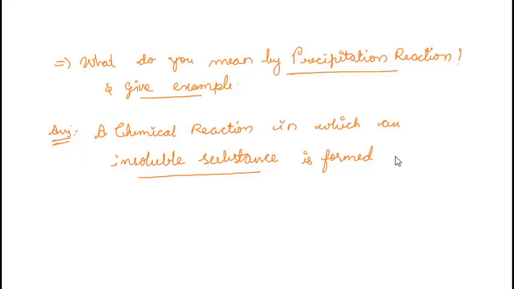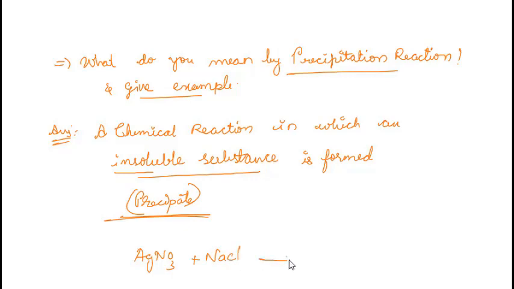That reaction we call precipitation, and the insoluble substance we call the precipitate. This kind of reaction is called a precipitation reaction. Example: silver nitrate AgNO3 mixes with sodium chloride NaCl, giving silver chloride AgCl